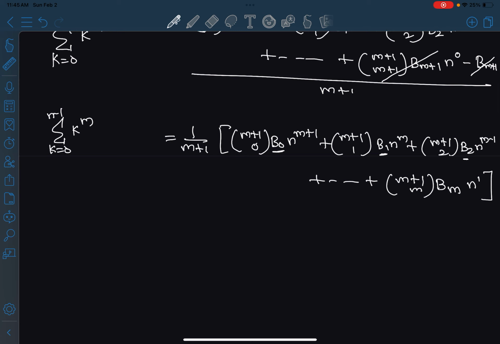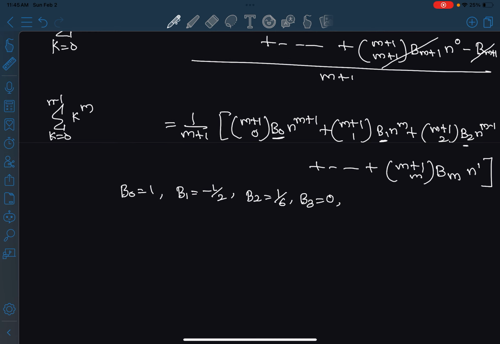Let me show you. Now we know these numbers: b sub 0 is just 1, b sub 1 is, I guess, minus half, b sub 2 is 1 over 6, b sub 3 is 0, and also all the odd Bernoulli numbers are 0. So b sub 5, b sub 7, all are 0. Now using this, let us try to see if this works. So yeah, sum from, let's say, k equals 0 to n minus 1. Let's say if I want to find k to the power 1,